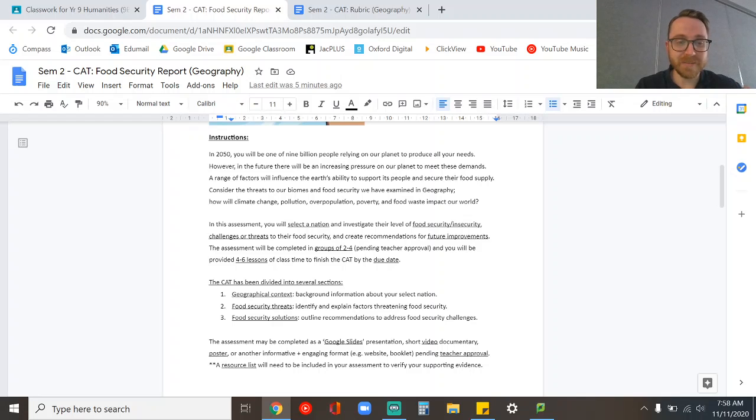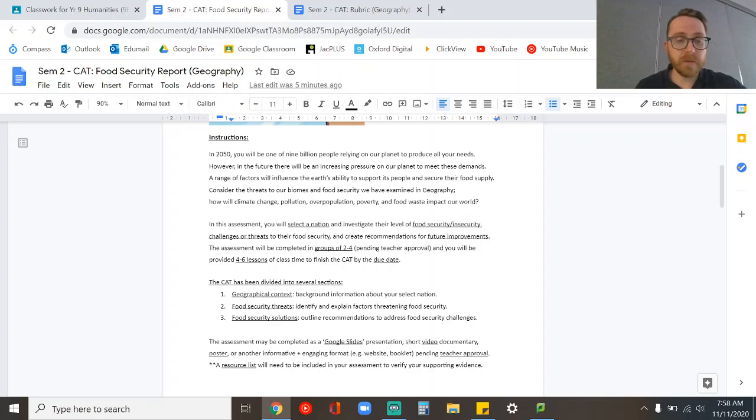It's modeled, in terms of structure, similar to the dev task, so you've had practice doing this sort of assessment before. Working in groups, you can divide the workload up, so it's nice and easy to get this done by the due date. And I'll explain when that is, depending on which class you're part of.